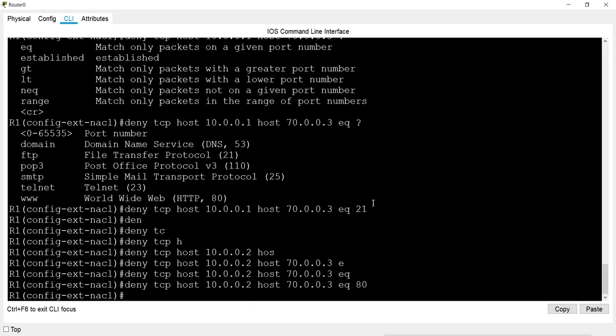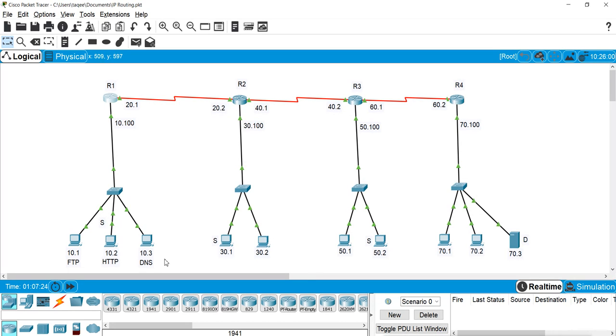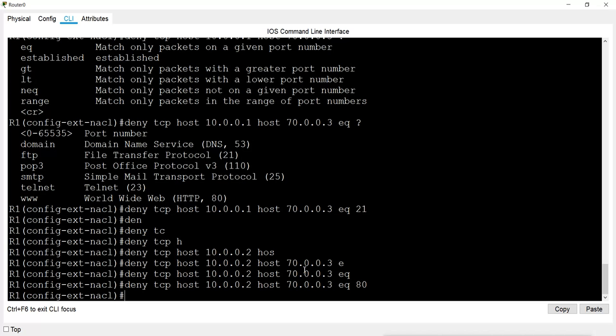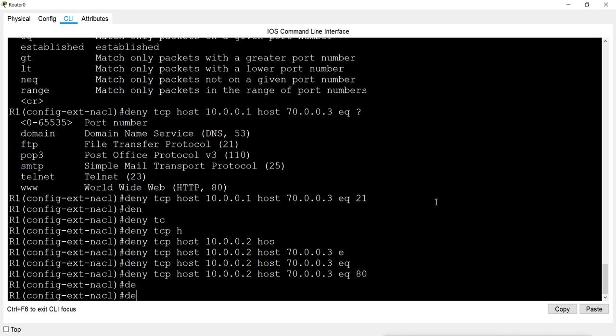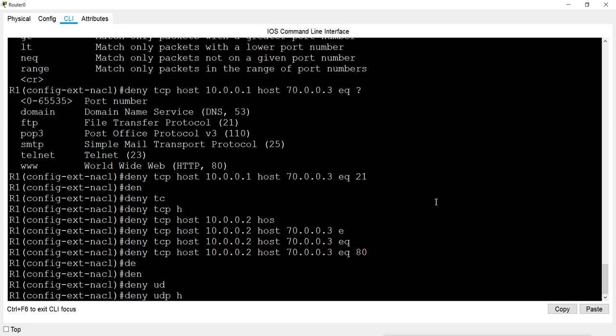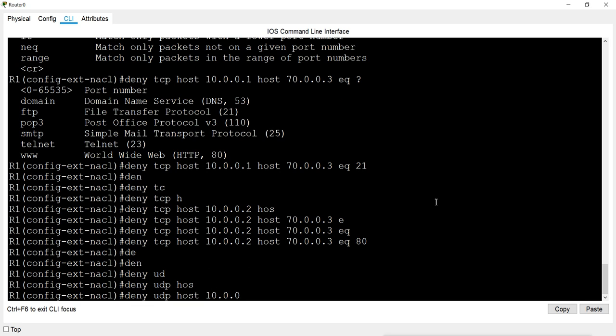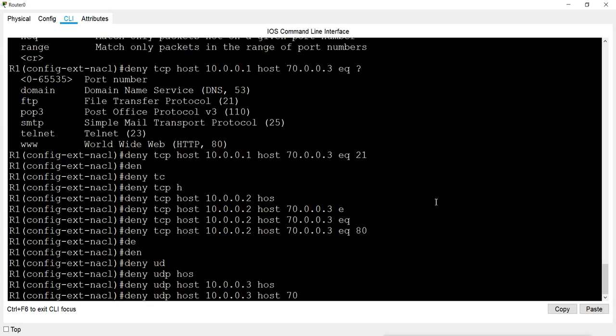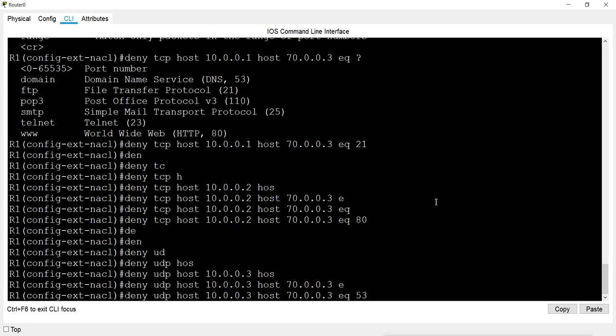Then I want to deny DNS for this 10.3. So I will use deny. Now a DNS request uses UDP. So I will use UDP here for the source 10.3, and the destination is the same server, and the port number is 53 for DNS. DNS uses port number 53.